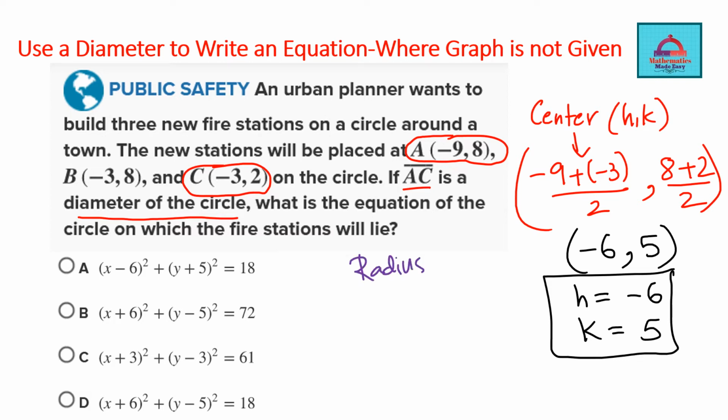So your radius is going to be r, which will be half the length of the diameter. So what we can do, we can use the distance formula to get the diameter, which is your AC, and after you get that, you will be able to divide by 2 to get the radius. So let's do it. So for example, this is x1, y1, this is x2, y2, then the distance formula says take